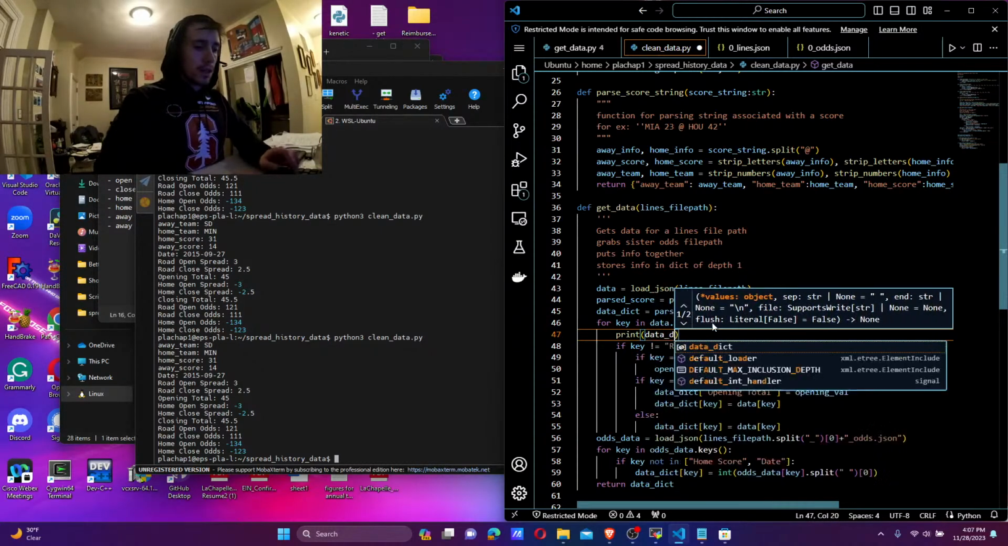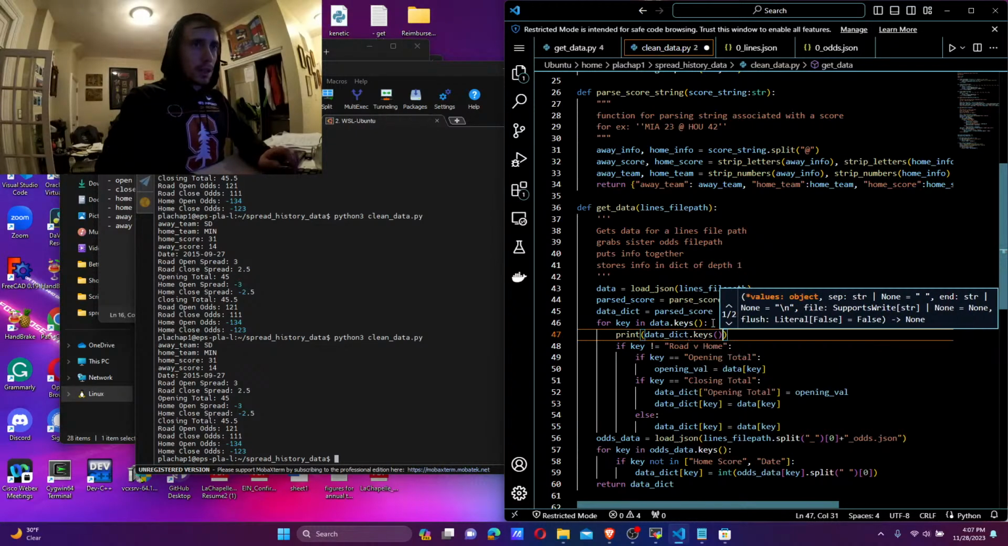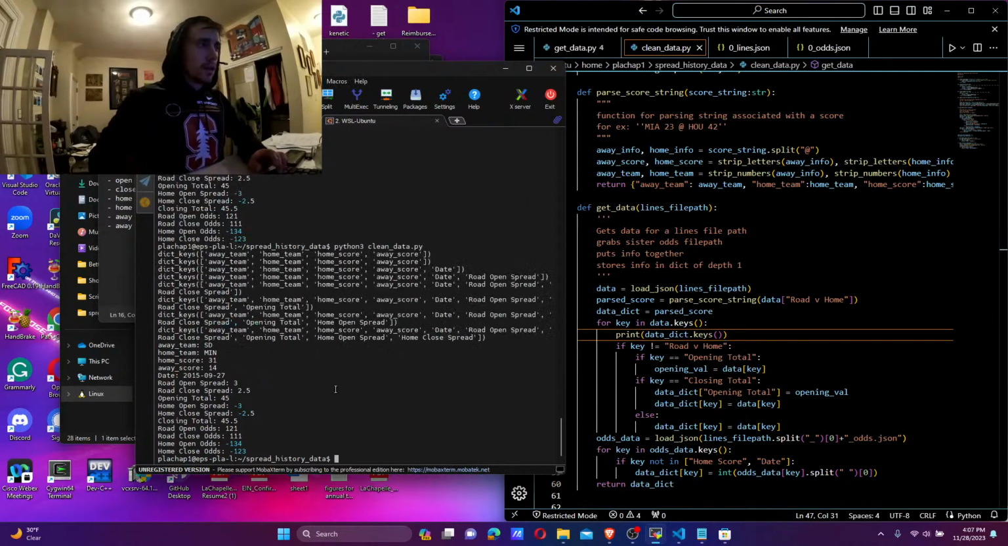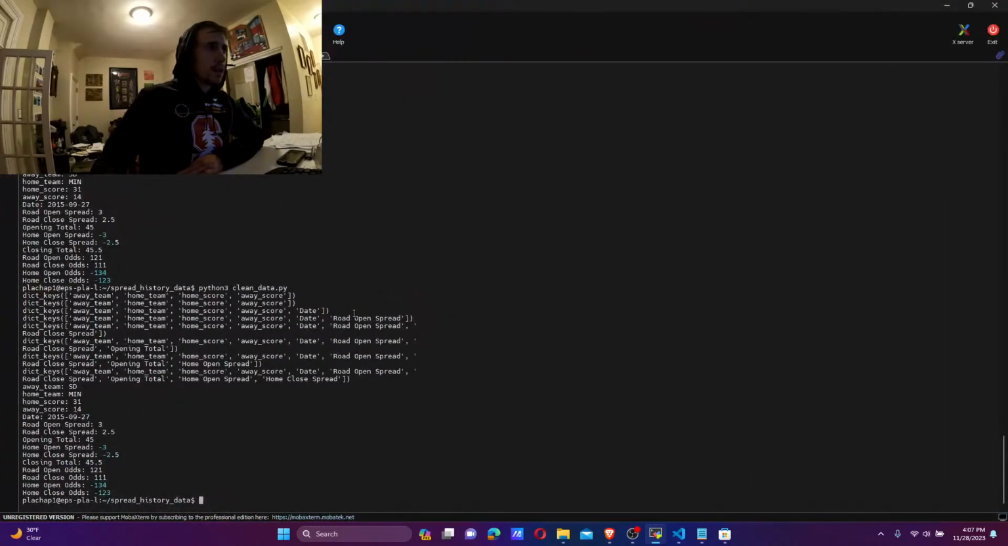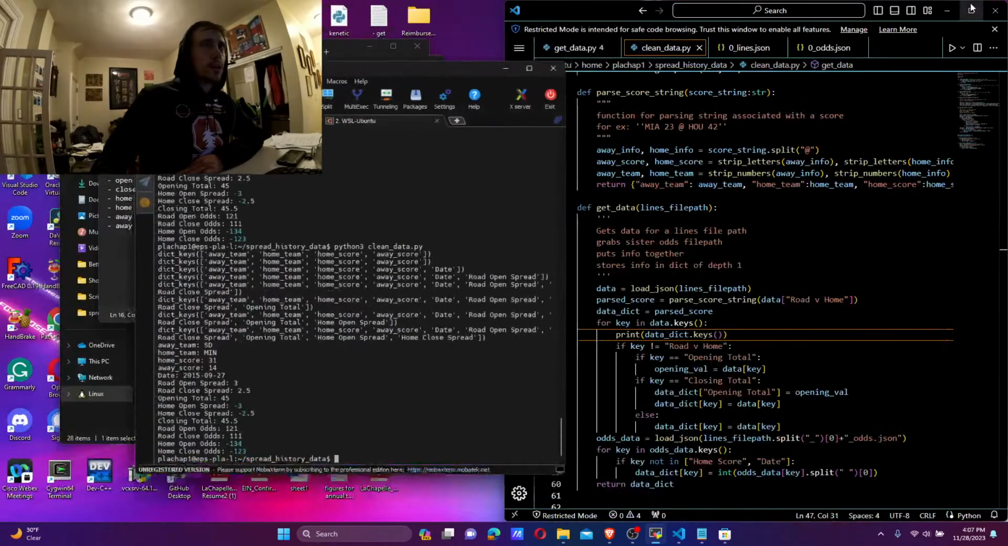Print data dict.keys. Okay. Away team, home score, away score. Now the first thing it added was date. Then it added road open spread. Then it added road close spread. And then it added opening total. If key is equal to, I'm just confused. If key is equal to opening total,